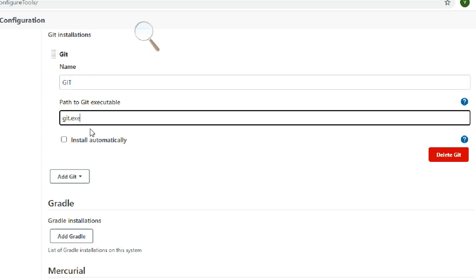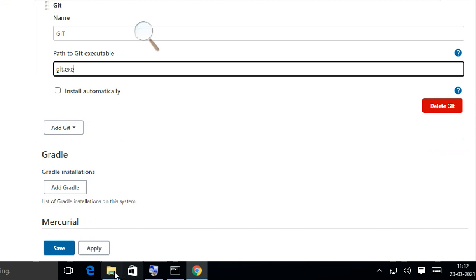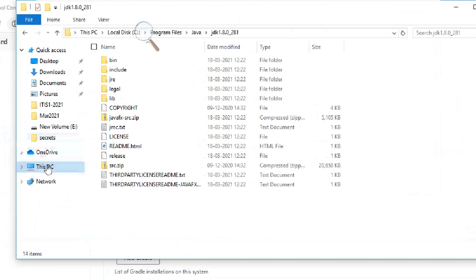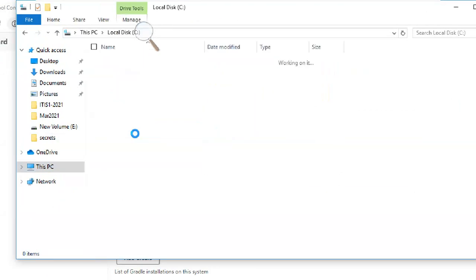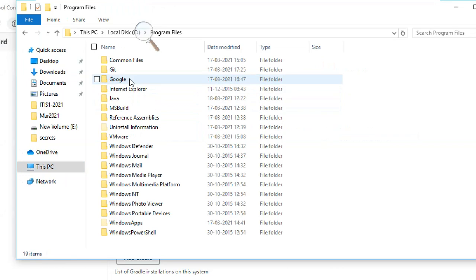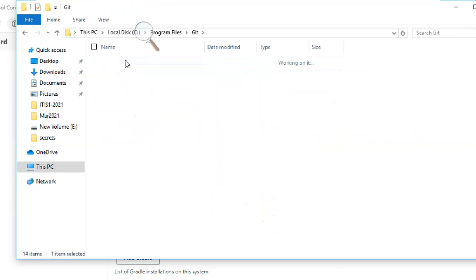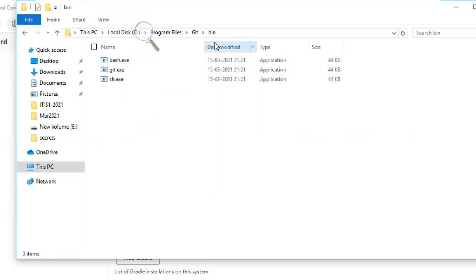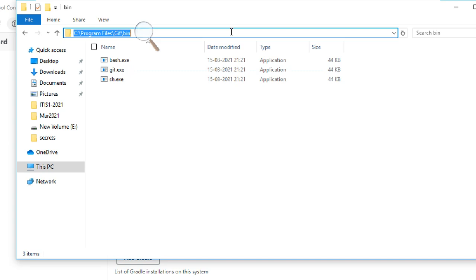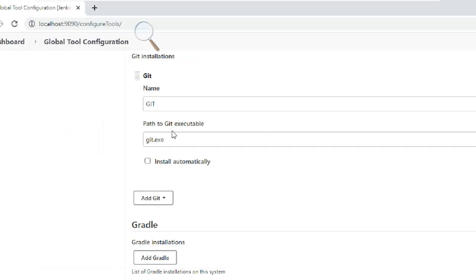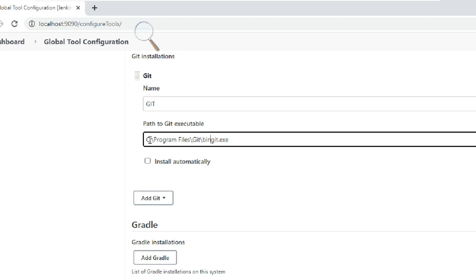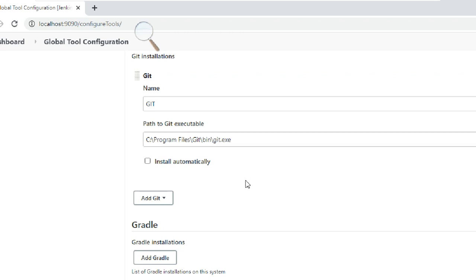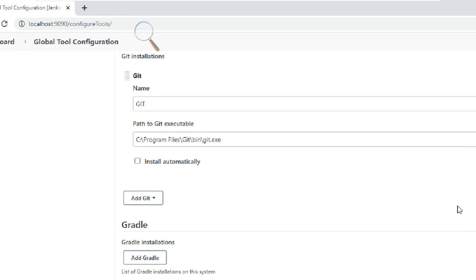It's showing git.exe, so I will give the path for git, where I installed git. So this is the git, and bin, this is git.exe, right? So Ctrl+C, I'm giving the direct executable file. It is asking for an executable file, right? Normally it will understand, but if you want, you can give it.